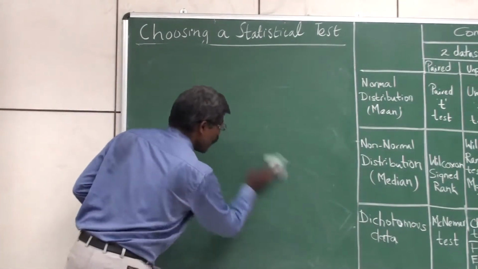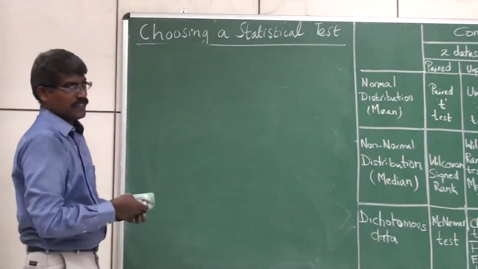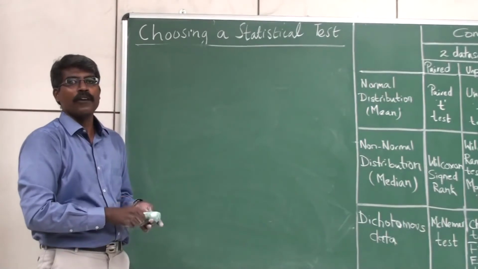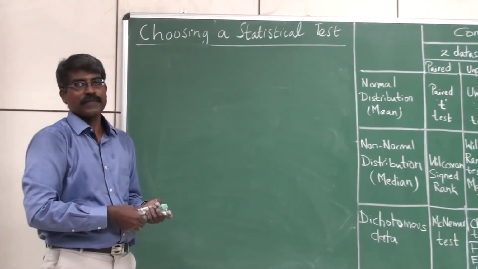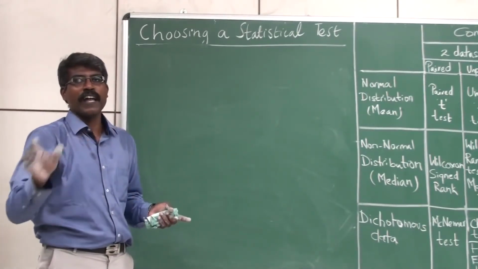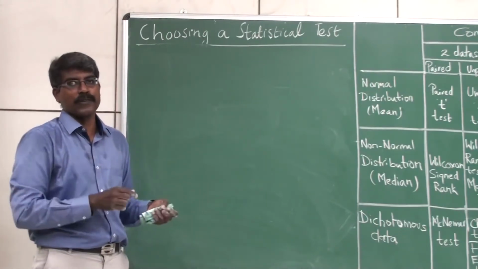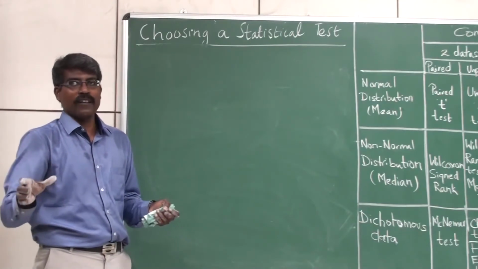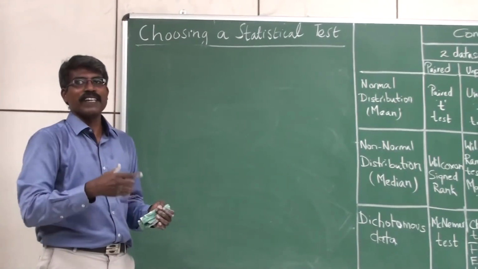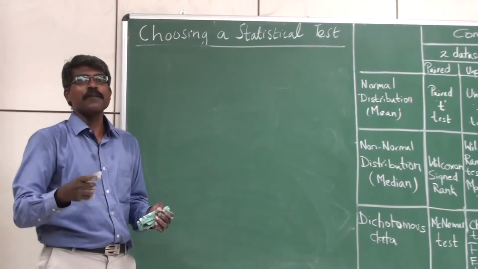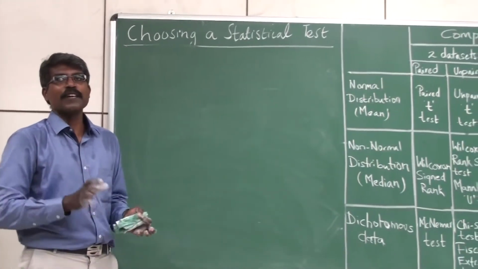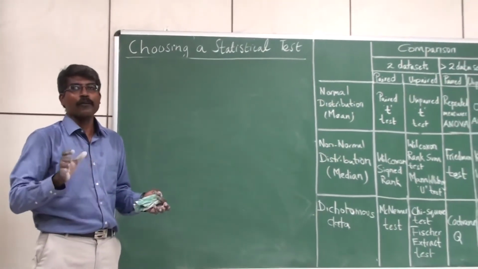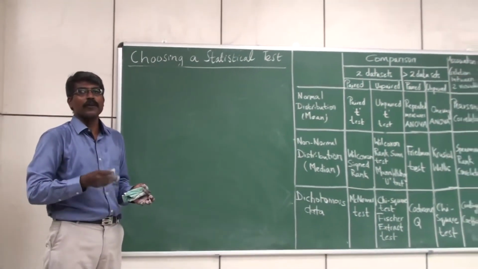Now let's take a small example and try to work this out. I have two groups of 50 diabetic patients. Each group has 50 diabetic patients. They are totally two different groups. To one group I give metformin, the other group I am giving a new drug. I want to measure the reduction in blood glucose level and find out: is the new drug more effective than metformin? Let's take this scenario, and I want to find out which statistical test to be used for analysis of data.